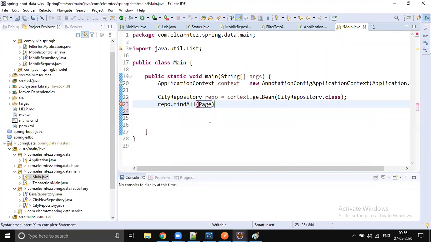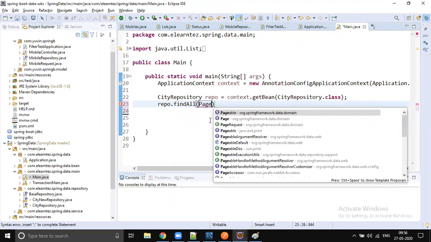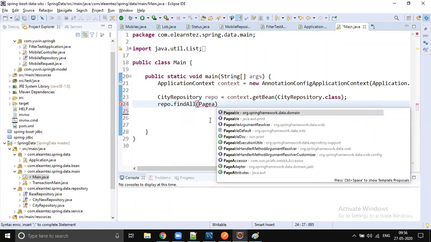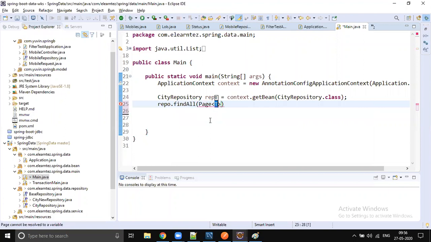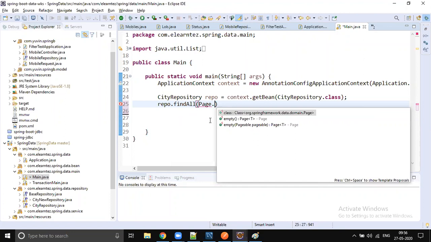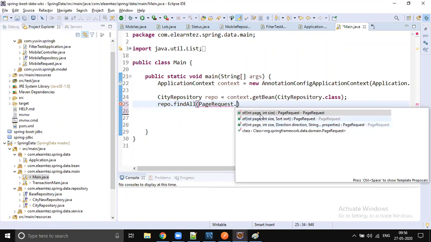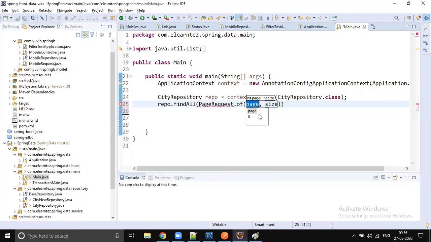You just call page request, I think, page request dot, so from where to where you want. From 0 to 10 you want, so this number you have to manage. How many results you want per page, that you need to take care of.